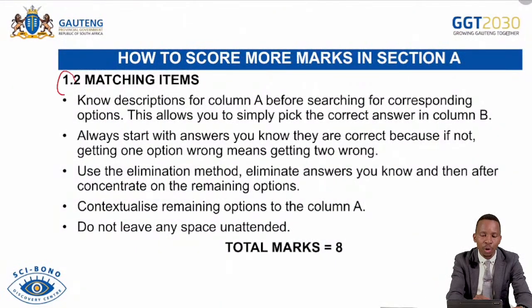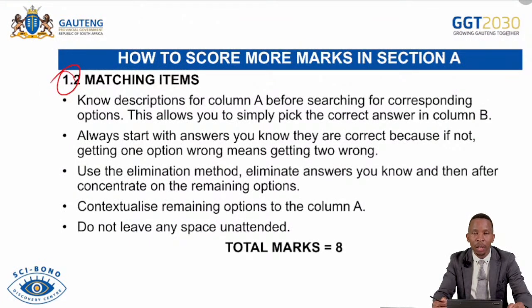We are within 1.2 now, matching items, where you are given the table of column A and column B. You need to know descriptions for column A before searching for corresponding options. This allows you to simply pick the correct answer in column B. So as we are given a column A option or concept, you must know how to define it. You must know the theory around it, so that you simply go in there